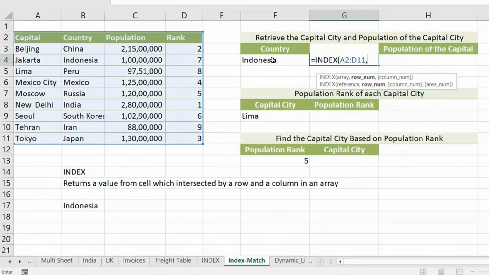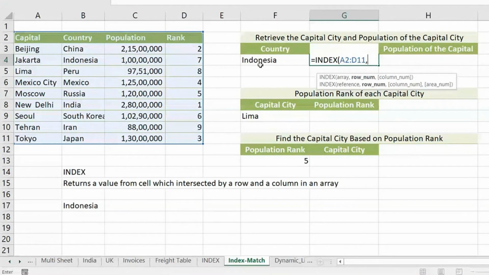Yes, we will use MATCH here. Here, for Indonesia I count 1, 2, 3. But in a 1 lakh row table, how will I count? I can't count. So the MATCH function, because it's used as an internal function, some people hate it. For novices and beginners it's not difficult if you have understood MATCH properly. I have explained MATCH in 2 or 3 scenarios before. MATCH is just to get the position.